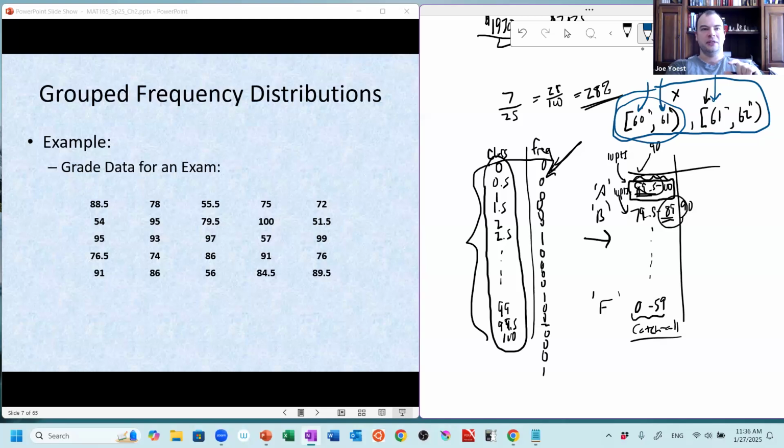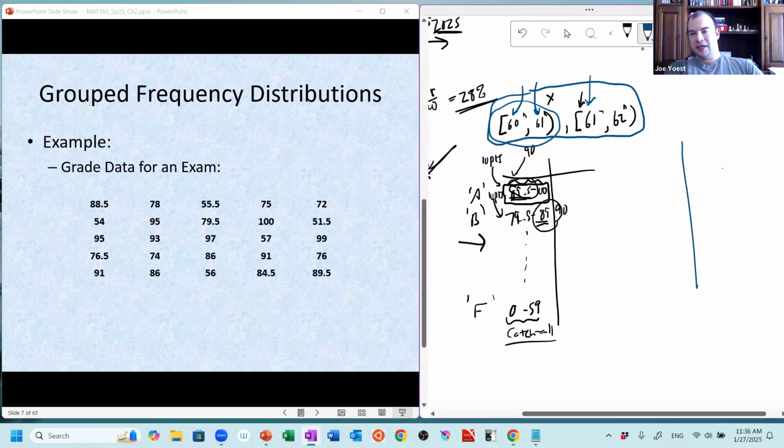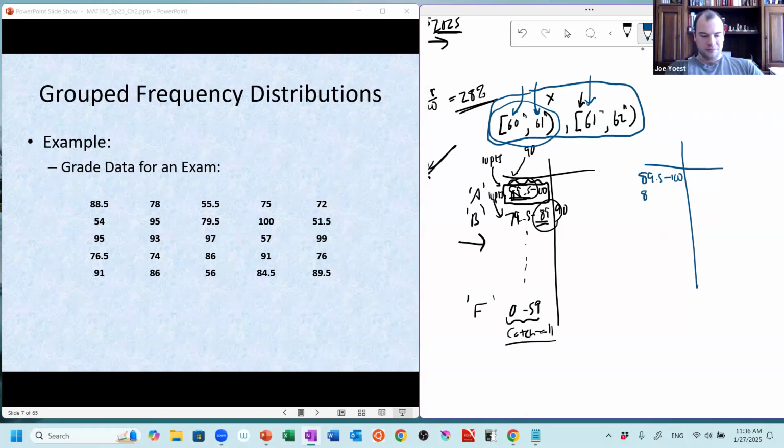So if we were certain about the discrete nature of the situation, that I'm jumping in units of 0.5, I can safely do something like this, because I know that it's impossible to be strictly between 89 and 89.5. Like 89.2 is not possible if I know enough about the context. But if I didn't know that context, I would have set it up something like